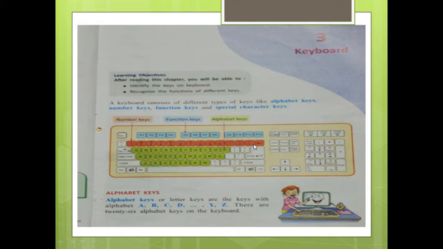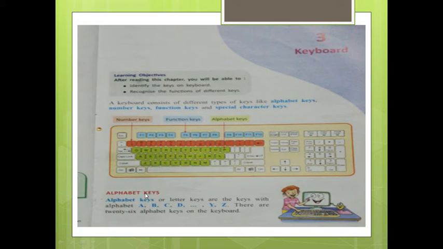So we will discuss the alphabet keys. Okay, alphabet keys or letter keys. We can say the letter key. Letter means A, B, C, D. Alphabets also A, B, C, D till Z. So we can tell like that alphabet keys.